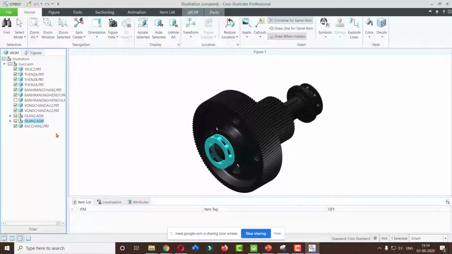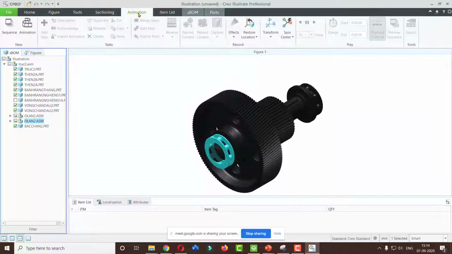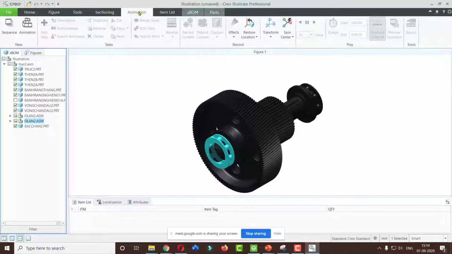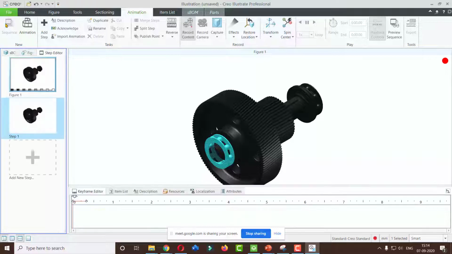Now I have to create an animation. For the animation, you have to go to the animation screen. Here in Home there are various options available which we are not going to use right now. So you jump directly to the animation screen, where the animations can be generated. In the animation screen you are going to create a sequence. A sequence gives the information of one step at a time: what will be the first step, second step, and so on. So we will create n number of sequences.